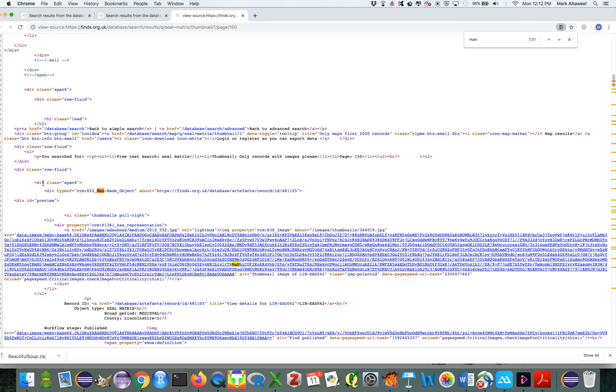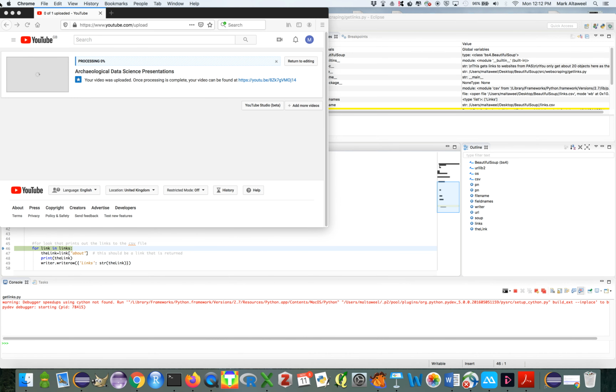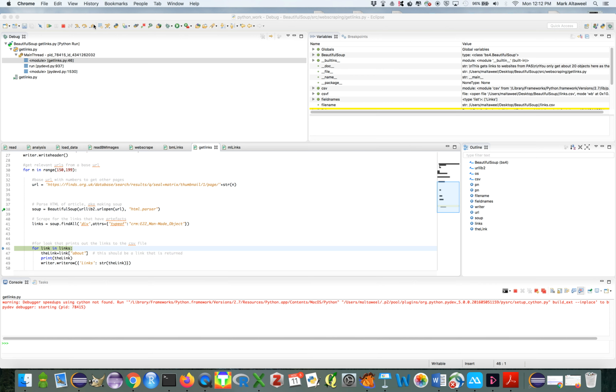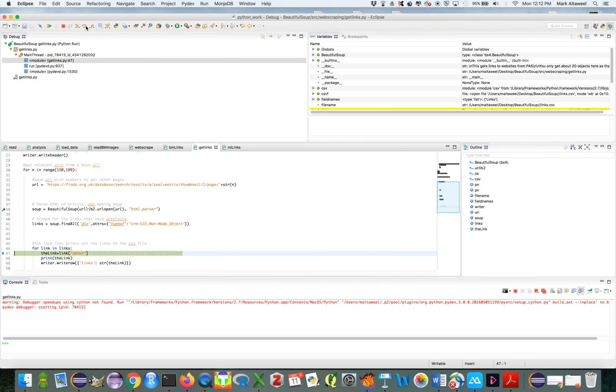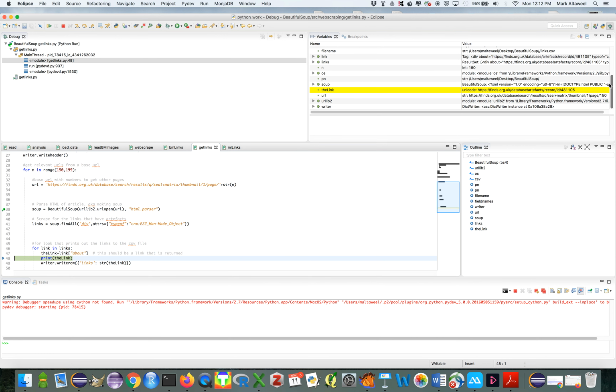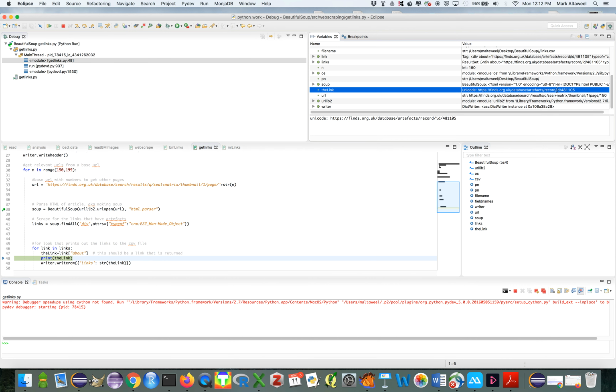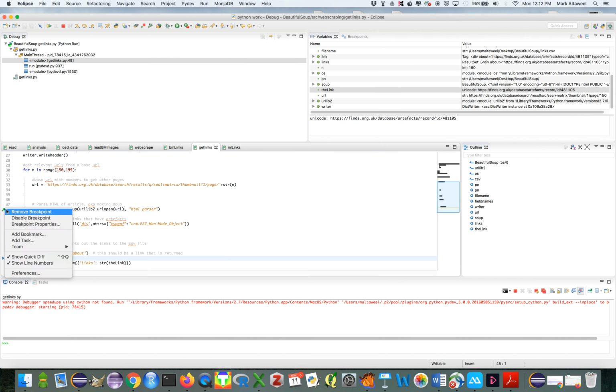You can see div is the higher level tag, and the specific sub tag and value is called type of, and it has a CRM output, which then has subsequent information. That is the link that we need, which is what we're going to be scraping. Okay, so if we go ahead and get that, you can see what link will come out. So we get the specific about value, as you saw there on the HTML tag. So you can see from there, the link value will be the actual record and link to that record. So that's basically what that scraper does, is get you that specific link using the tags that are referenced in